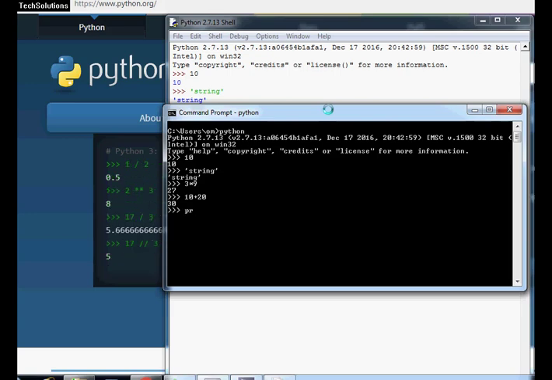Also, I use the print statement and I am typing hello comma world, and this hello world is coming here as an output because the print statement gives the immediate output enclosed in the double quotes. It doesn't return anything. This is our interactive mode.